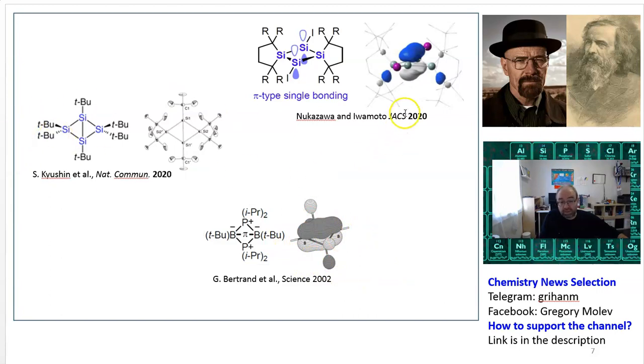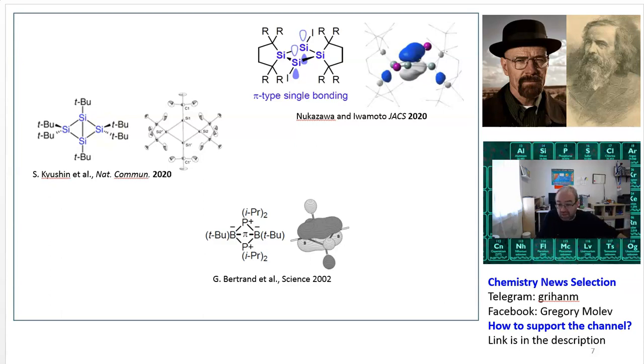But those two publications in 2020 actually prove and show that such interaction should be considered as a single pi bond. You can see from the shape of this orbital between those two atoms that it really resembles the pi bonding, and it also reacts as a pi bond. For example, it polarizes, so one side becomes plus and another one becomes minus, while two radicals, when they're separated, are only neutral. But again, in this case, these two radicals are linked, very close inside one molecule. It's really hard to imagine how you can separate it and still keep this interaction.